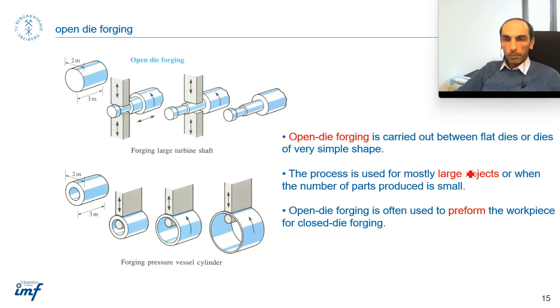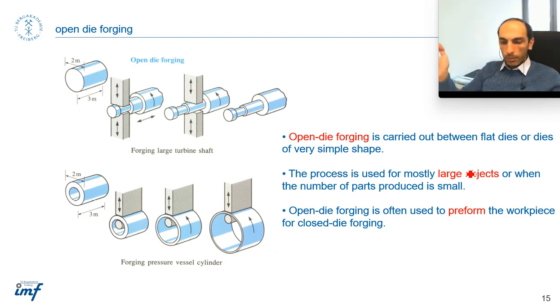The process is mostly used for large objects, and when the number of parts produced is small. When the number of parts is small, it's not economical to design a closed die forging, because, as I said, the trial and error to design the die and then making the die itself, the machining, is a very expensive process. So if you want few parts, for 10, 100 something, then you should find another solution to produce. For example,